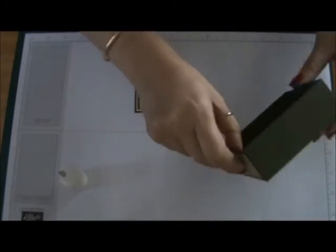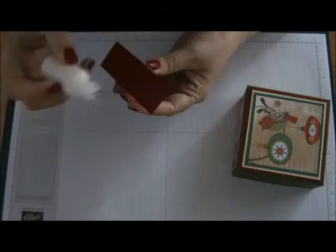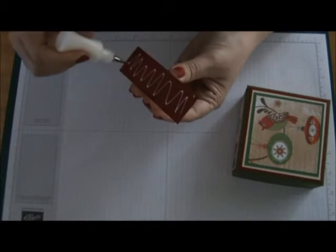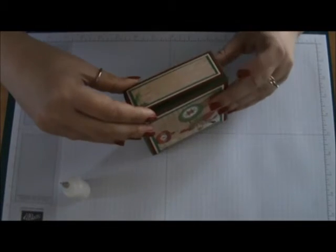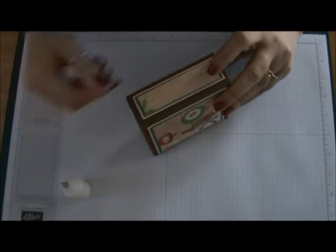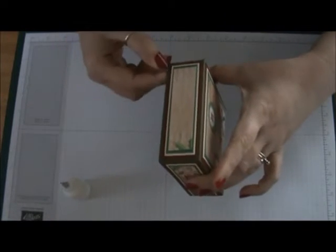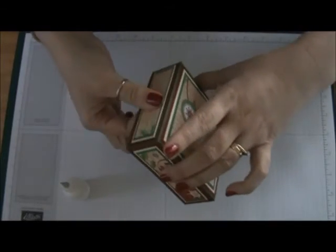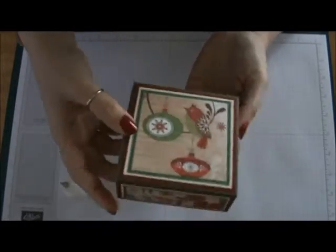Okay guys, I'm back, and I've attached all those layers onto each other, and now I'm just attaching, gluing on my last side panel to here, like that, and that completes the lid of your box. Alright, so there's my lid. Looks like this now with the panels all the way around. Alright, we'll put that aside for a second,